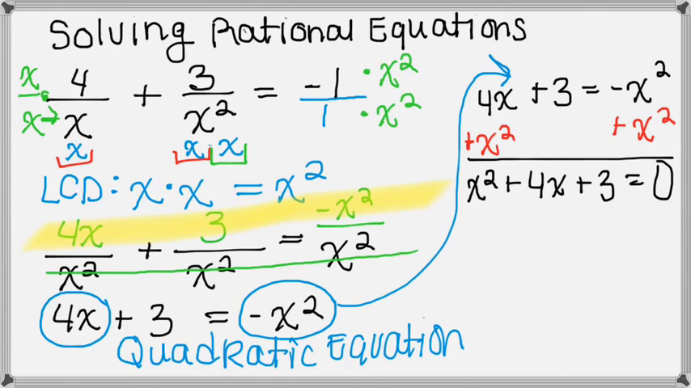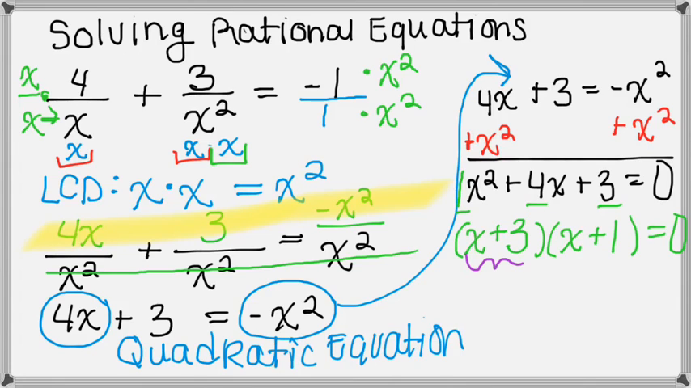And at this point, if I were going to use the quadratic formula, well, the a value is 1, the b value is 4, and the c value is 3. I'm going to use factoring, though, because this equation factors pretty quickly. x, and we need two numbers that multiply to 3 and add to 4. And the only combination that works is plus 3 and plus 1. So x plus 1 times x plus 3, and then to finish solving, we set each